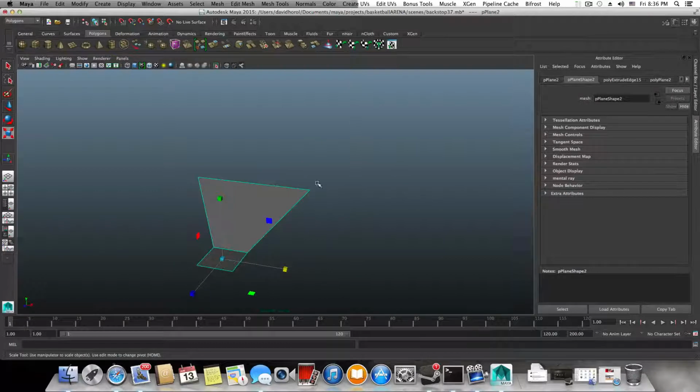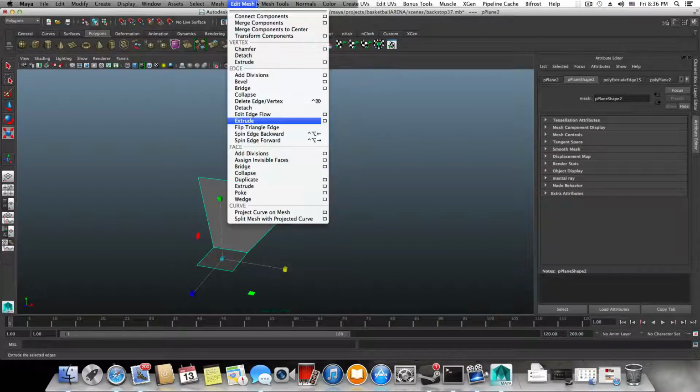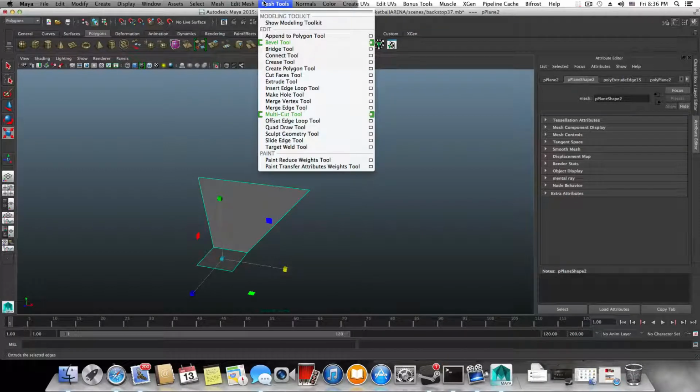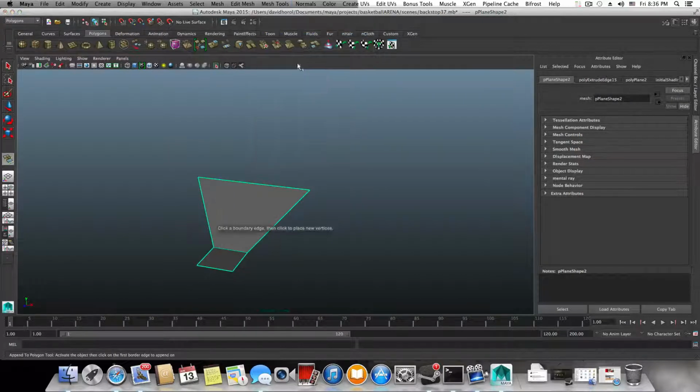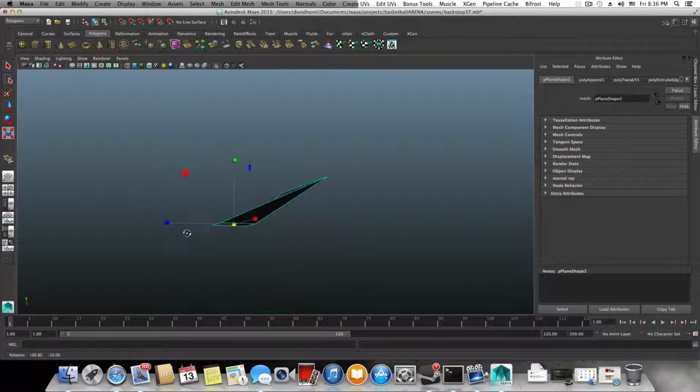Okay, now there is this tool in the mesh tools, and you can find it in earlier versions of Maya, 2014 or 13. It should be there, append to polygon tool. So you click on append to polygon tool, and if you click on any of those edges, I will click this one, this is what will happen. It will show you your next options, where to click. So I want to connect this edge to this edge. I will click this edge now and enter